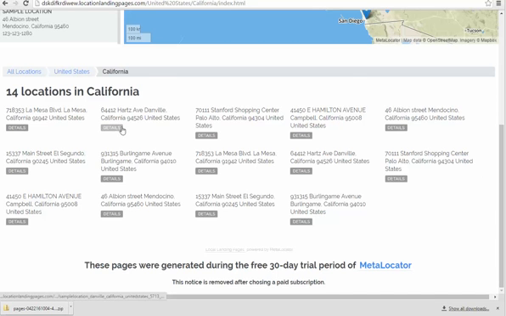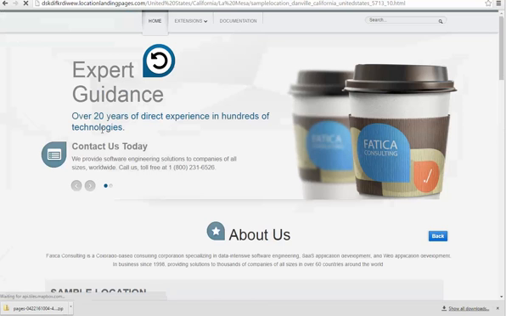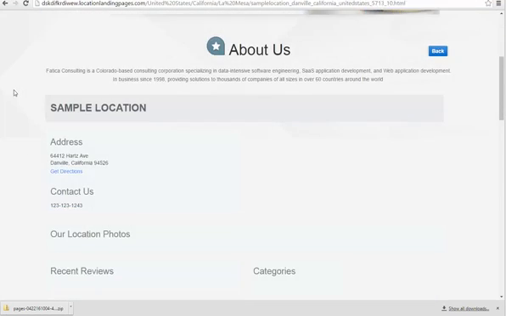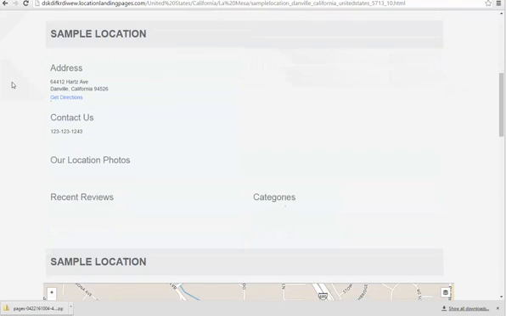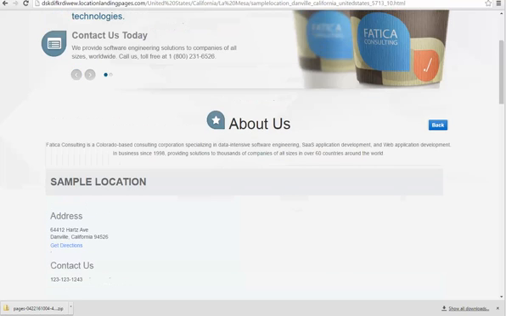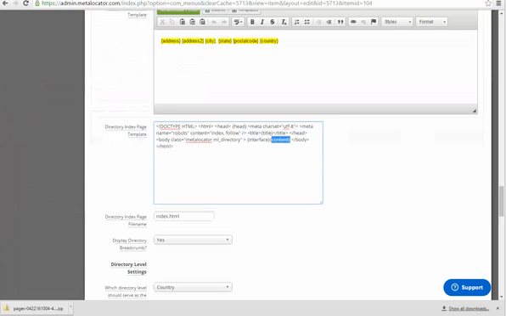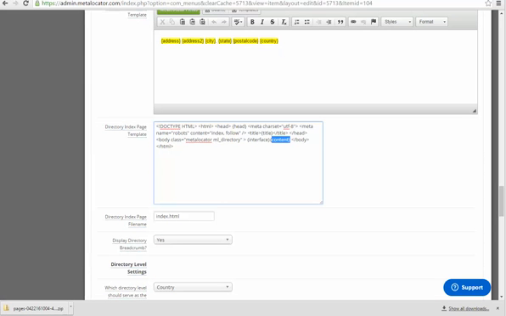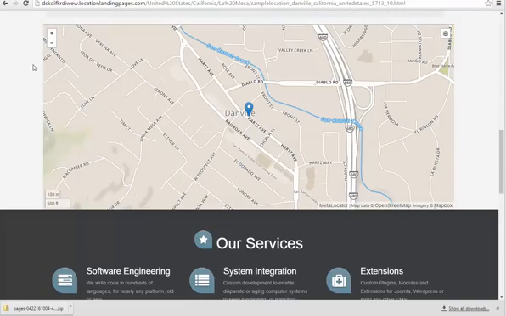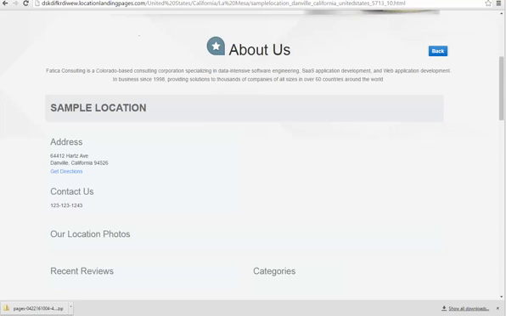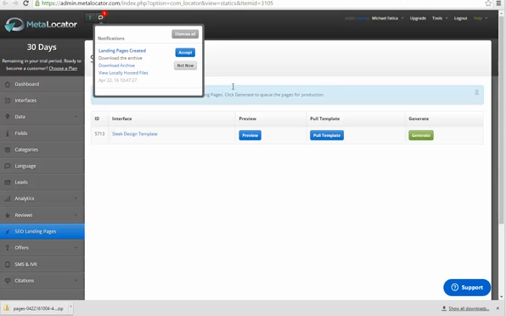Within each one of these individual locations, I can click Details, and we'll go to one of our individual location landing pages. Notice that this location landing page has the template as extracted from my website added to it. Some people might also choose to add that template to the directory pages as well. In this example, I've opted not to do that. However, if I wanted my directory pages to have the same header and footer that my individual location landing pages have, I could simply go into my interface